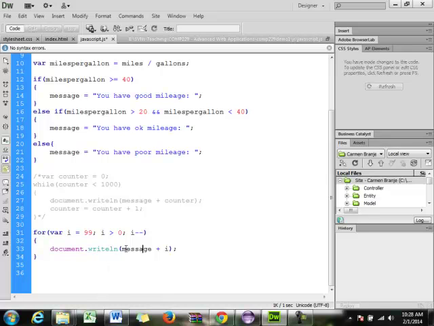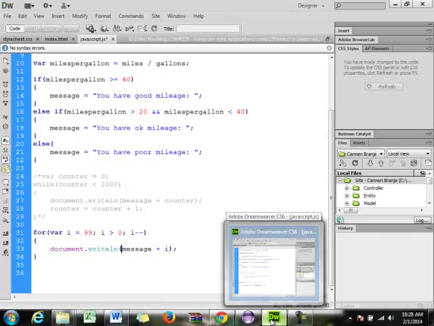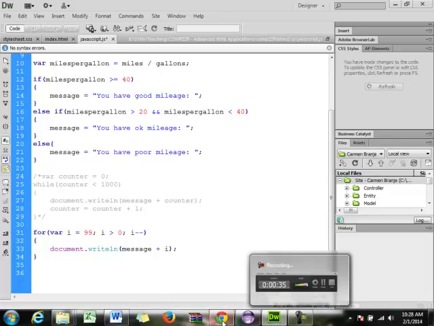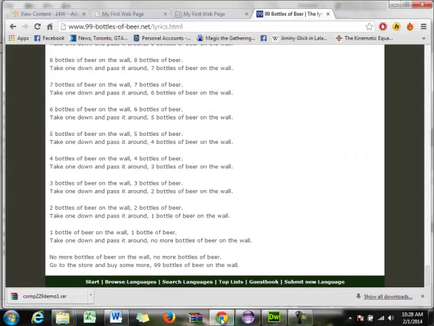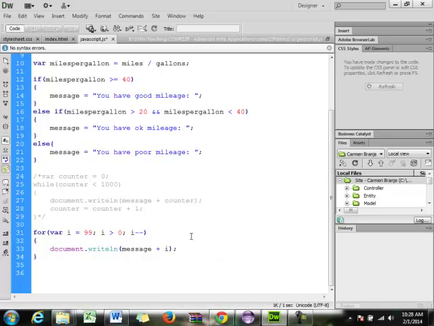So then what we have to do here is print out our message. We have to concatenate variables with string literals. So the first part of the line is 99 bottles, right? So we'll say i, plus, and then we'll say bottles of beer on the wall, plus i again, right? 99